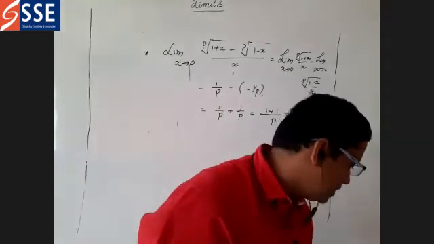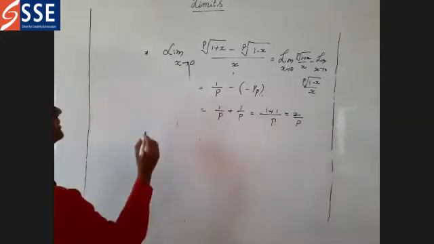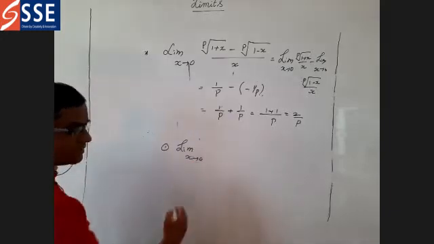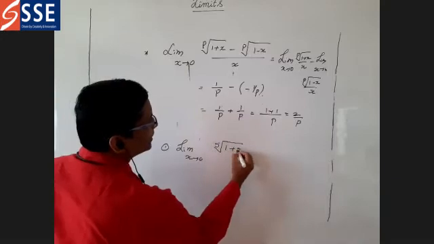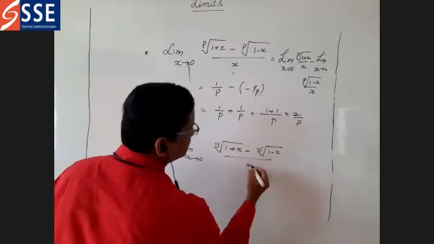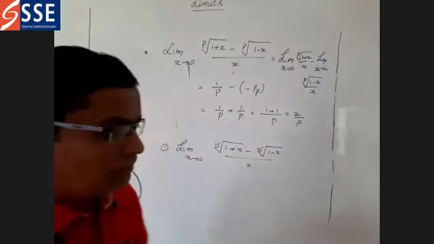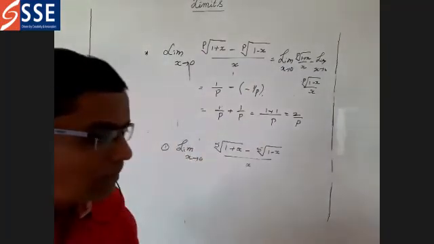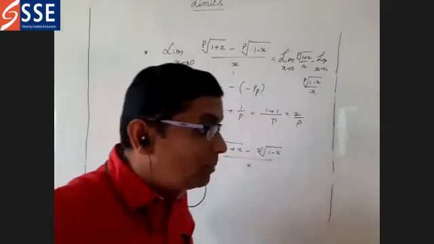All right. Now shall we move on to one more question? Based on this, I am asking one question. Be ready to do the answer. Limit x tends to 0 of fifth root of 1 plus x minus fifth root of 1 minus x, divided by x. What is the answer? One by 5, wrong. 2 by 5, good. 2 by 5, right. Not 10 by 5.